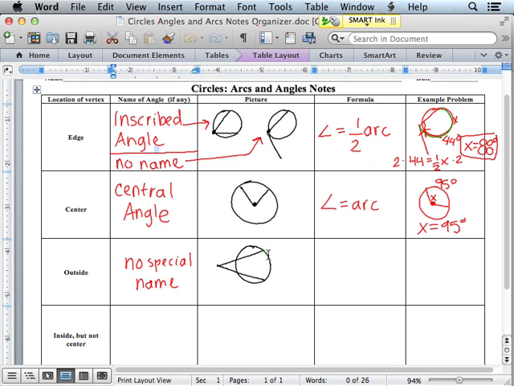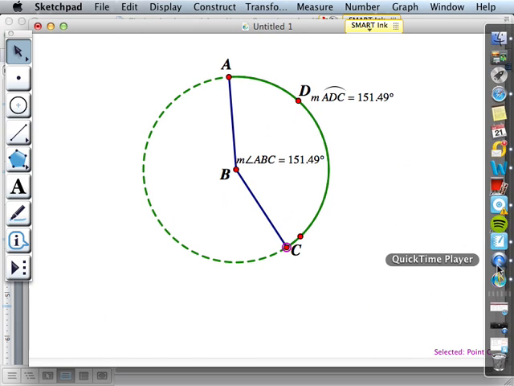a vertex outside the circle, you have to think about these intercepted arcs here. So in this case, we have two intercepted arcs. We have one that's larger than the other one. This far one will always be larger than the other one. And what happens is that the measure of the angle equals the big arc minus the small arc, all divided by 2. So big arc minus small arc divided by 2. That's what happens here. You can see that in Geometer Sketchpad, but it's a little bit harder to figure that